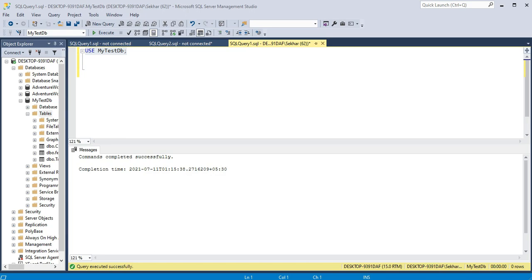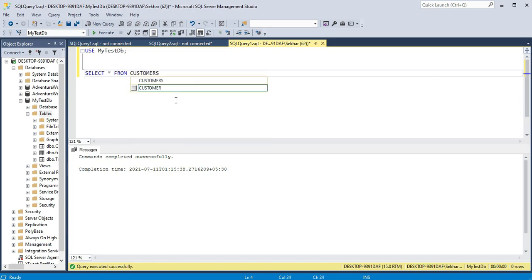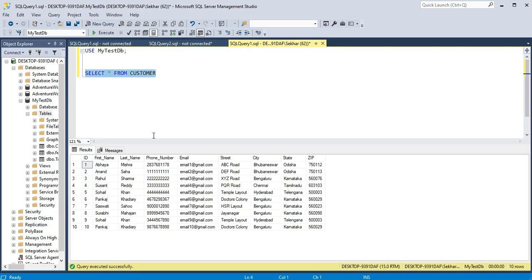so let's try in our query to use OFFSET and FETCH and see how we are getting the result. In this query we are getting 10 rows.